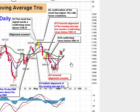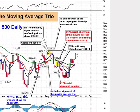So when's it going to start? I don't know, but certainly if we pop up here and get up here to this area or even close to this area, it's a great shorting opportunity at any time. Even here is a great shorting opportunity. So I think we're going down to Dow 8,300, folks, within the next month or so, but before the end